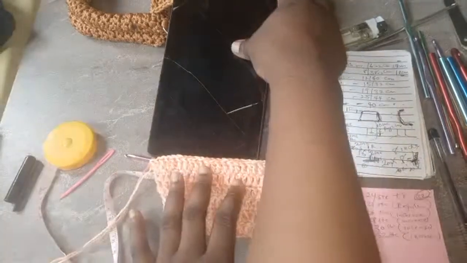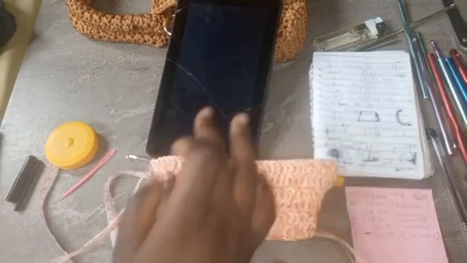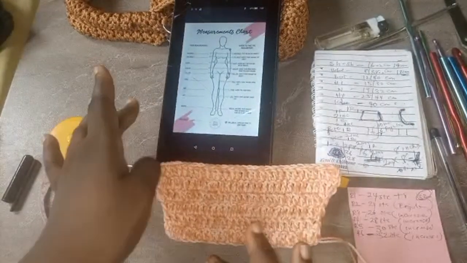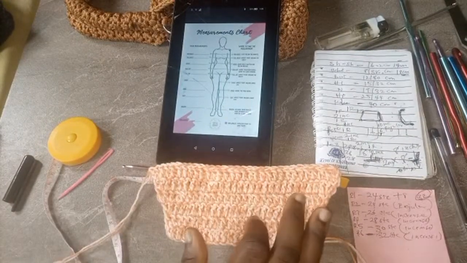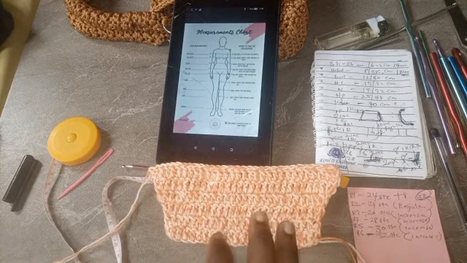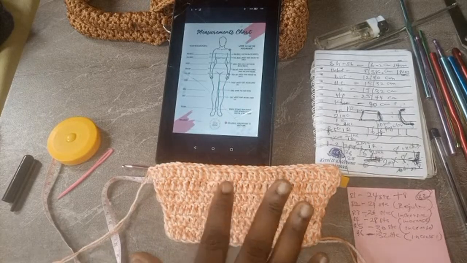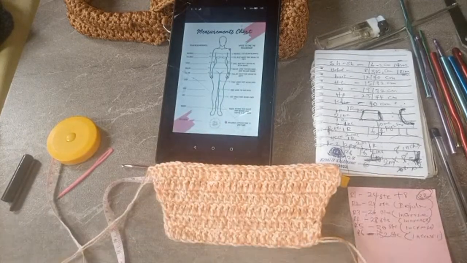So this thing has to do with a lot of calculation. It's not just, unless you want to be a crocheter that will just go to YouTube, see people's work and do according to what they've done. And that's why at the end of the day, once you send your project to your customer, they will say, oh, it's not fitting. Why? Because you didn't calculate it.